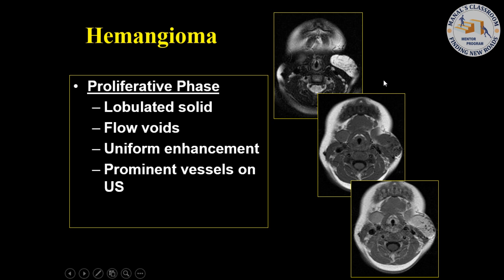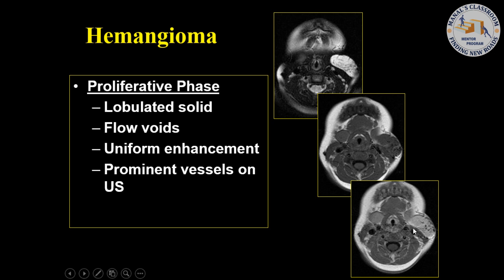So how do we analyze this from an imaging standpoint? When we look at the T2 weighted image, is this high signal or low signal on T2? It's high signal on T2. Remember that, because we'll talk about that later. On the non-contrast T1 weighted image, is it intermediate, high, or low signal? I'd say it's intermediate signal, because I'll show you what I mean by low signal in just a little while. And when we give contrast, what happens here? It enhances with contrast. So we have something that's high signal on T2, intermediate signal on T1, and enhances with